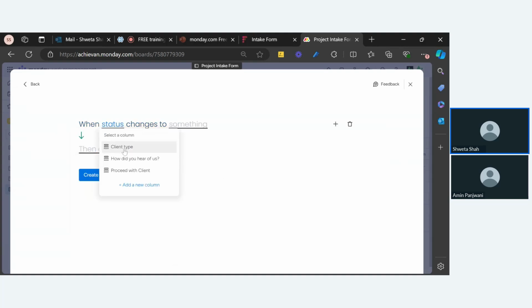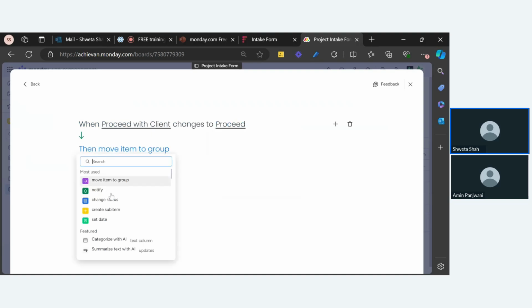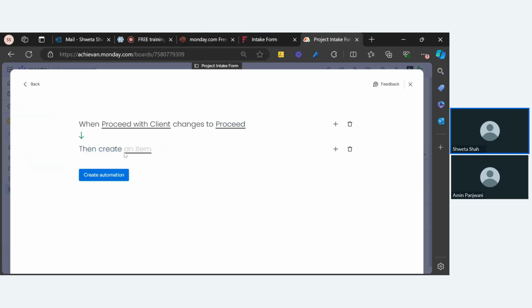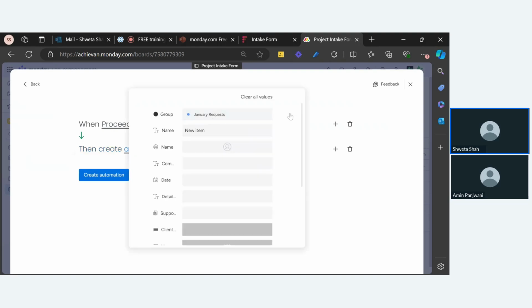And status changes to something. So this one, proceed with the client. Is proceed. I want to create an item. Okay. And yeah. And in the name,